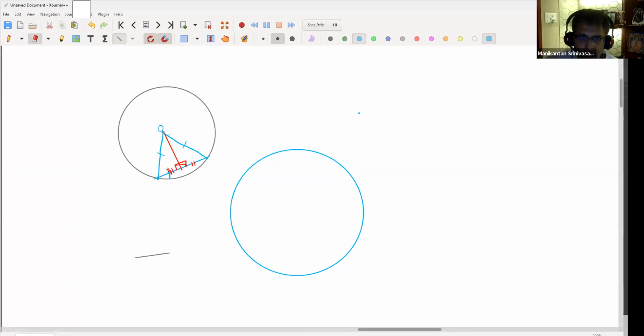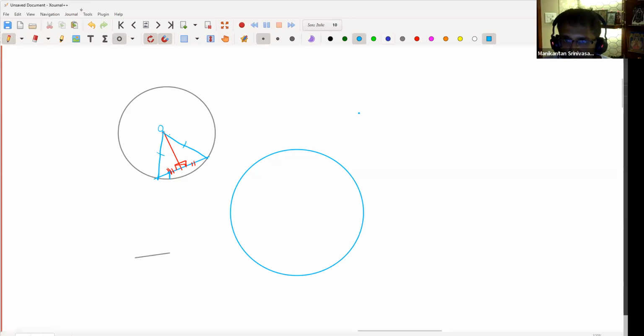Just to be clear, the base gets bisected. When you draw a perpendicular, the base gets bisected. Very simple. Okay. Now the more important property is,